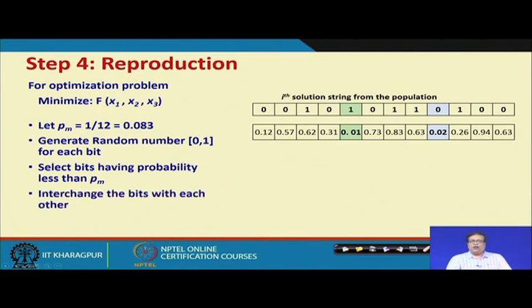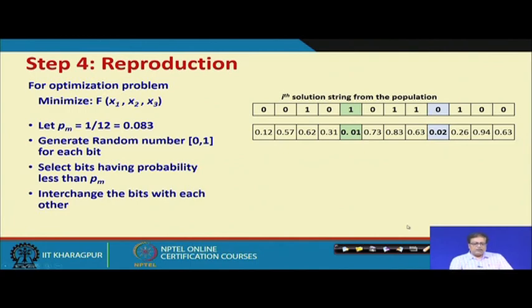So, you see one such mutation could be interchange of bits, or you can also do 1 to 0 or 0 to 1. As I said, there are different designs available. There is no standard design all the time. There are different designs, and different designs are applicable in different places.